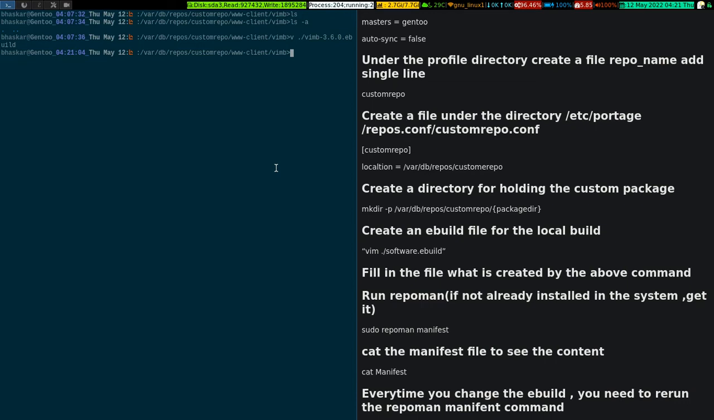Now I have saved the file, right? So now again, you need a software called RepoMan, which is basically going to bring along the manifest of the software you are going to build. It is required